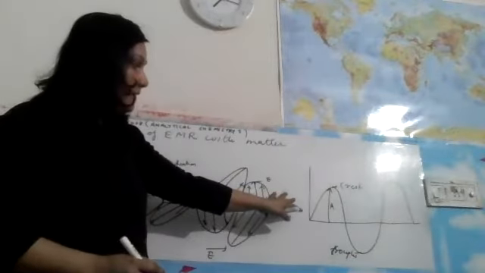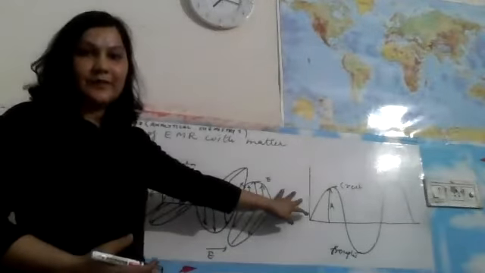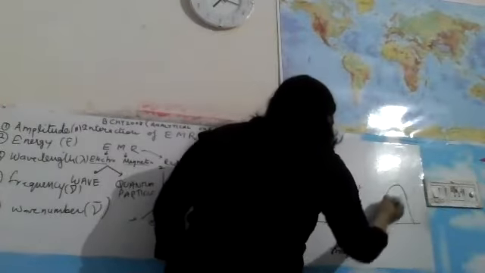This is a type of energy. This is not exactly a type of energy. This is a radiant power. This refers to the energy of the radiation striking a given area per unit time, right? This is your amplitude. The second is wavelength. What is wavelength? If we have to define wavelength, this should be exactly equal, okay?